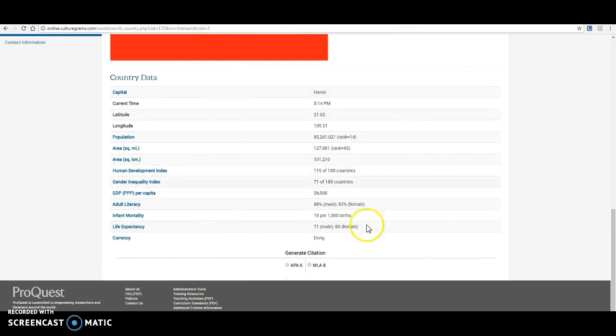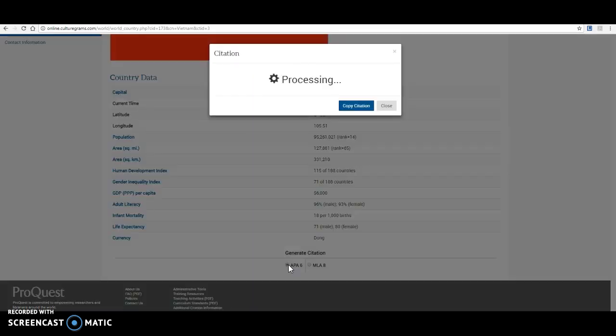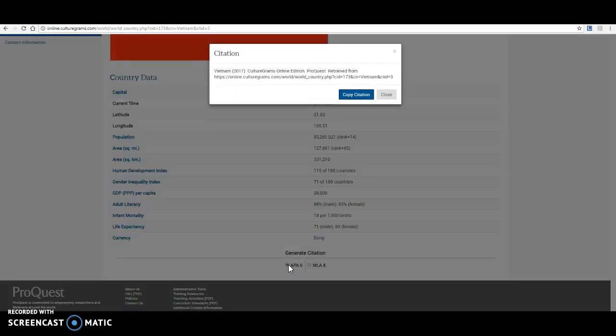So in order to cite this, because I'm going to get information from this page right here, I'm going to click on APA. You guys are going to be using APA style citations, not MLA, because our social studies department here at Reedy has decided that department-wide everybody's going to use APA citations. So what I do is I click that APA citation and it automatically pulls up this citation for me. I copy it,